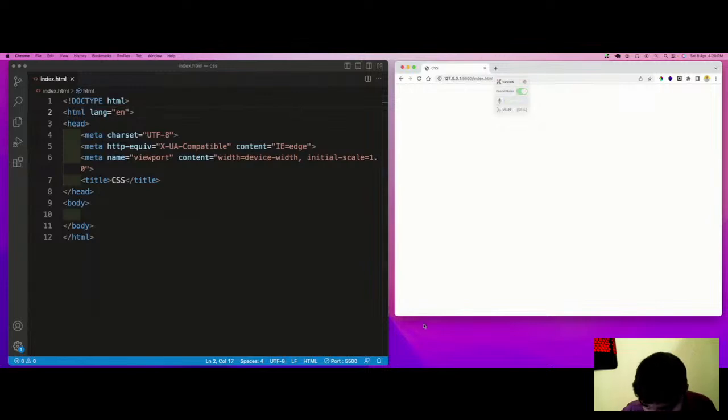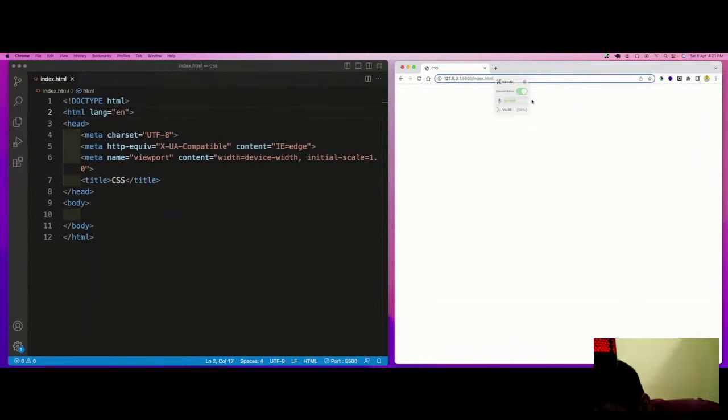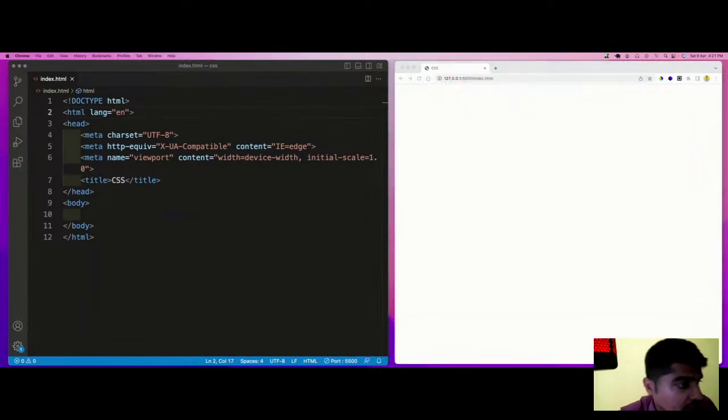Okay, so what is CSS? CSS is basically Cascading Style Sheets, which is used to decorate your website. HTML, CSS, JavaScript, all these three languages are managed by the W3C, and CSS came into existence in 1995.